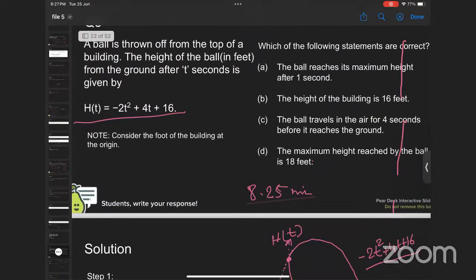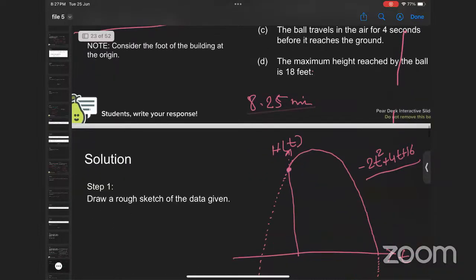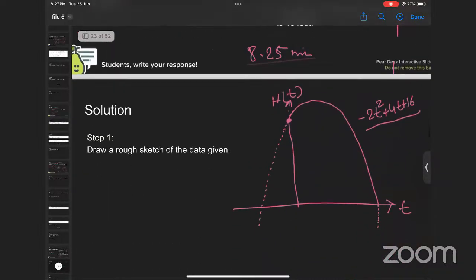Okay, so let's look at the first option. The ball reaches its maximum height after 1 second. So we know that for this kind of parabola, the maximum is the vertex. So we have the parabola y equals